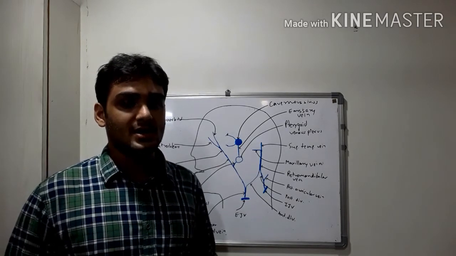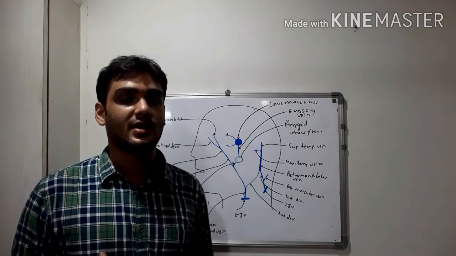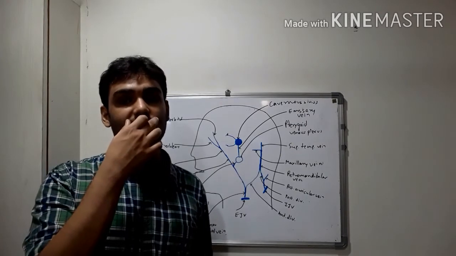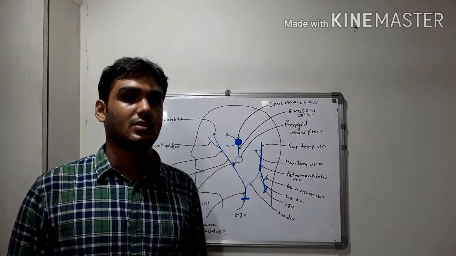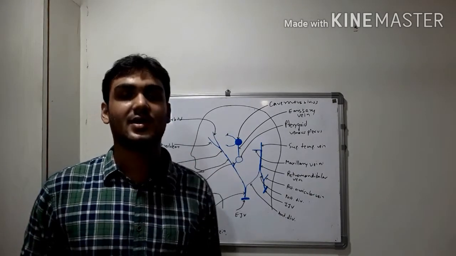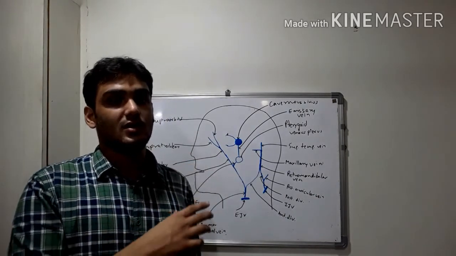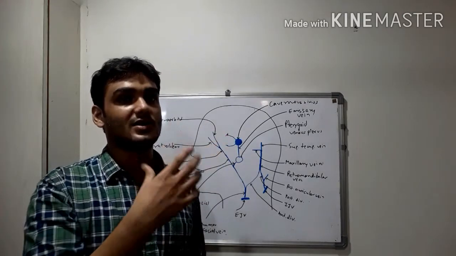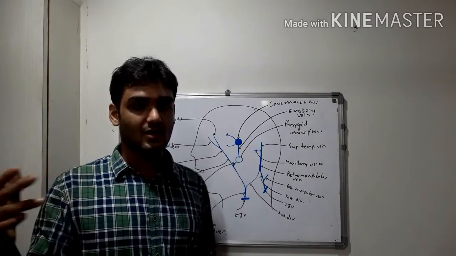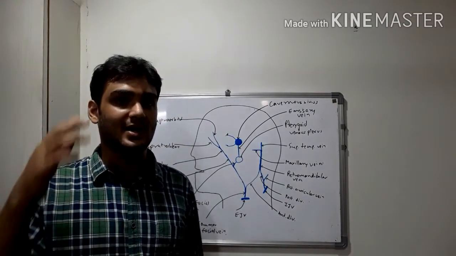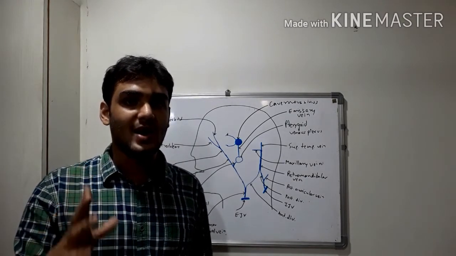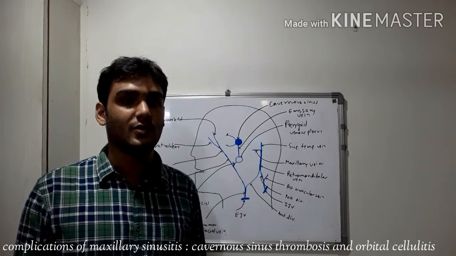So this venous drainage is very important clinically, as if there is any infection of this facial vein drains sinuses as well. So if there is an infection of maxillary sinus, then the infection can spread to these two sites through the connections of facial vein. Through its connection with the cavernous sinus, it can cause cavernous sinus thrombosis, and through its connection with the superior ophthalmic vein and supraorbital vein, which are the veins of eyeball, quite apparently in their name itself, they can cause orbital cellulitis, a condition of eyeball.